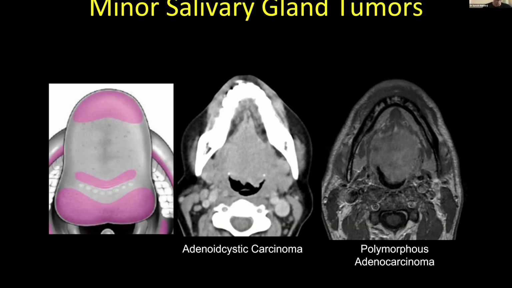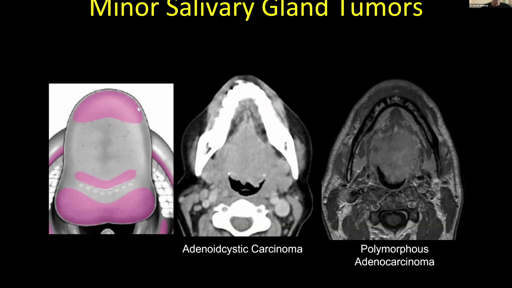So we know that there's parotid glands, we know that there's submandibular glands, and we know that there's sublingual glands. When you have salivary gland tissue in the proper location, we just call those salivary glands. But unfortunately, as the head and neck develops, sometimes that salivary tissue can end up in the wrong location. And if you have salivary tissue that's not located in a normal salivary gland, then we call this minor salivary